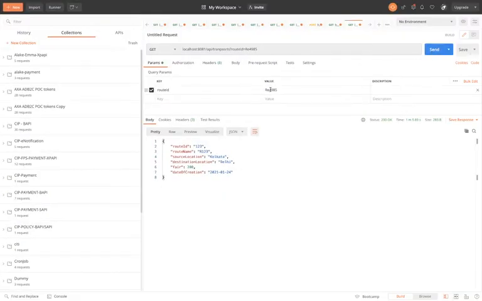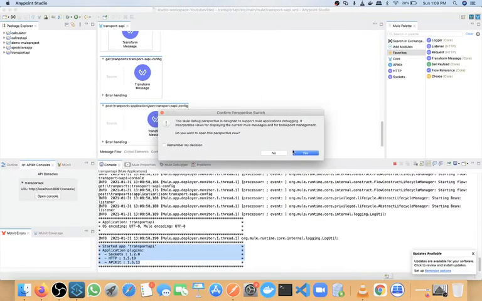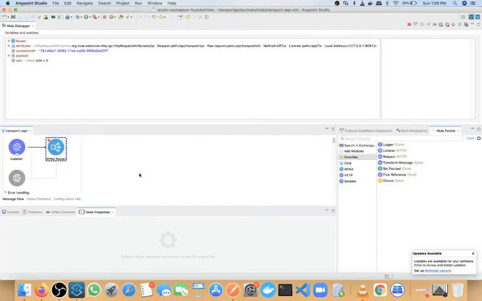So this time I am passing R4985. Okay, so in response, let me complete this process again. It will go to debug mode. See here, if I want to move step by step, then we will select this option.